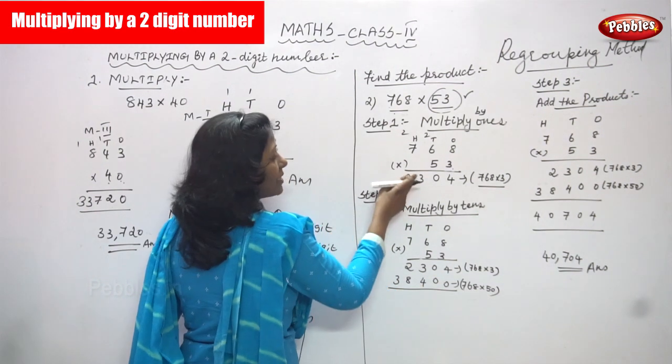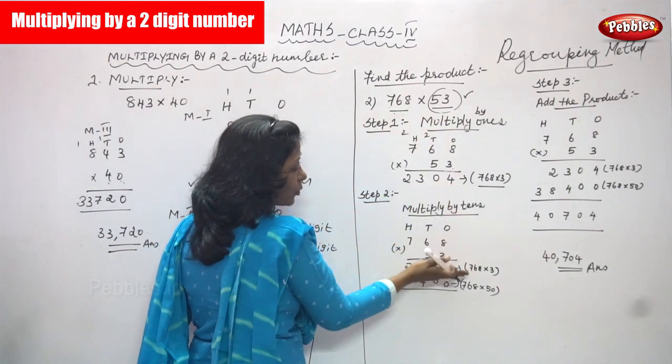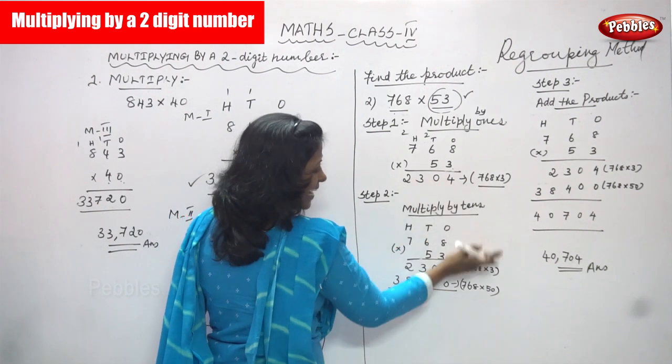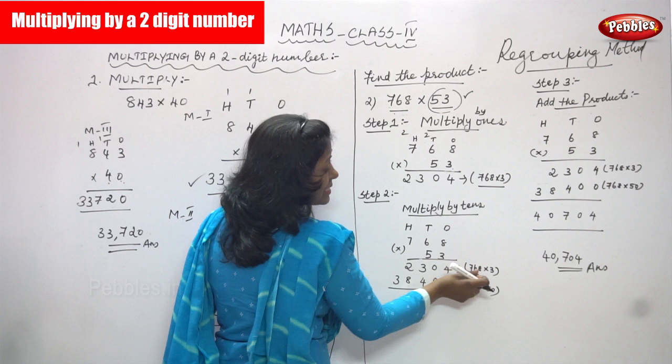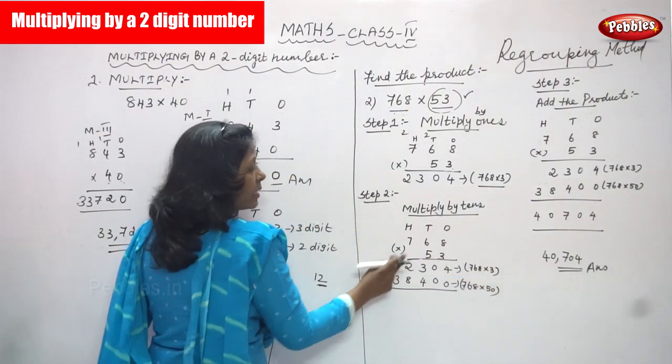Whatever answer you got by multiplying by ones, you have to write as it is in that place, just copying it as it is. 2304 is equal to 768 into 3, that is what you have to write. Then I'm going to